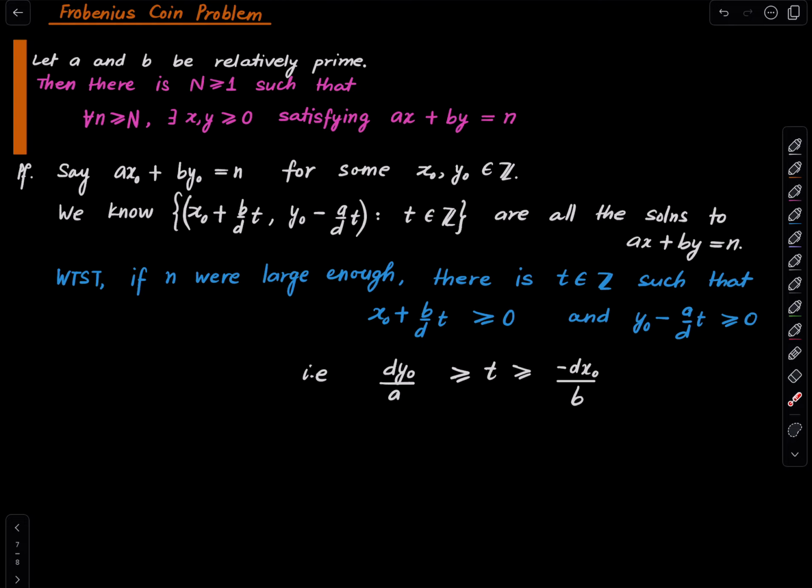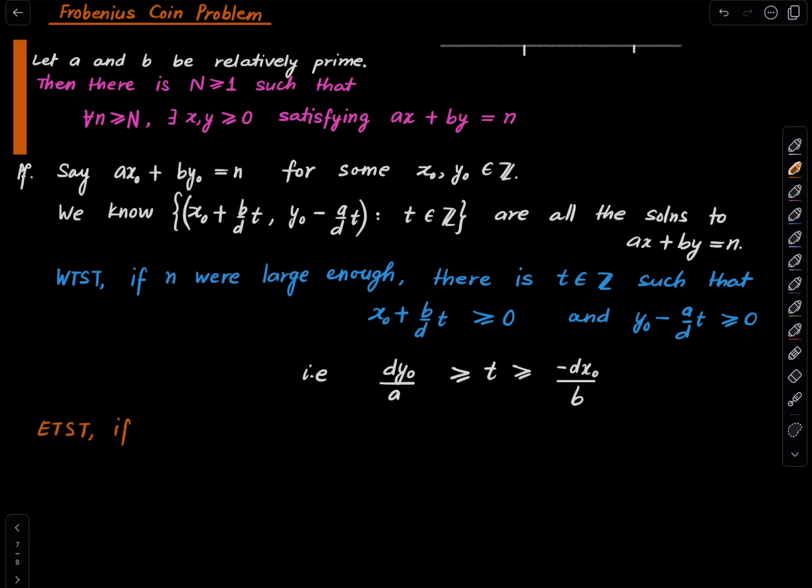Then clearly there has to be an integer between them. Here we are not having strict inequalities, so we are fine with distance equal to 1 also. So it is enough to show that